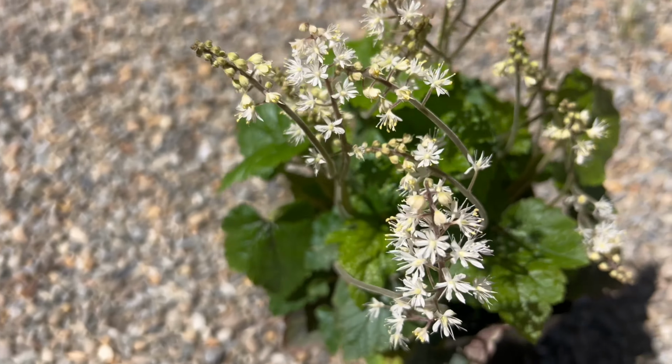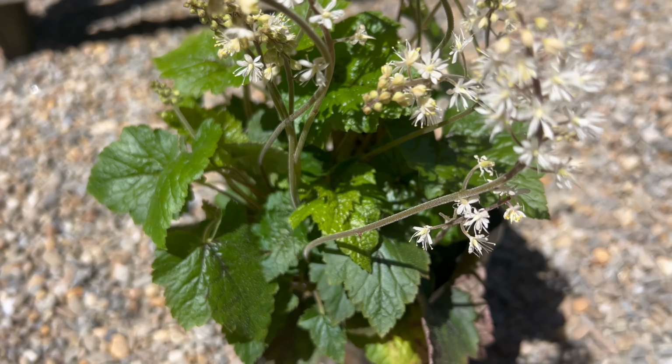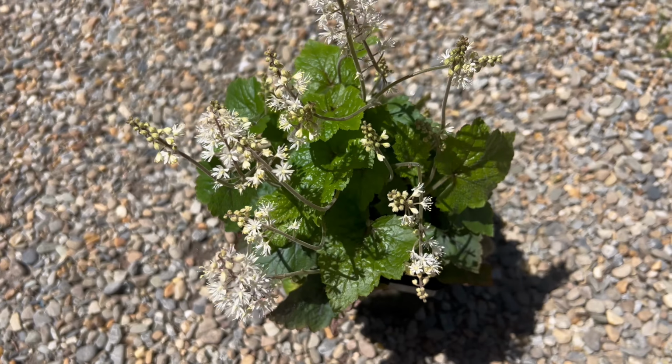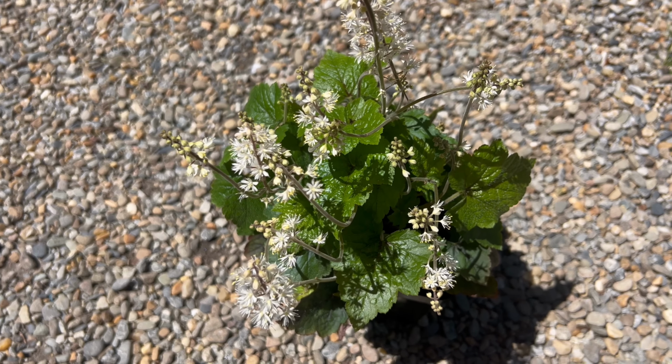Foamflower complements a variety of shade-loving plants. It can be used to create charming woodland gardens, shaded borders, or container plantings. It pairs well with other shade-loving perennials such as hostas and ferns, creating a lush and textural tapestry of foliage and